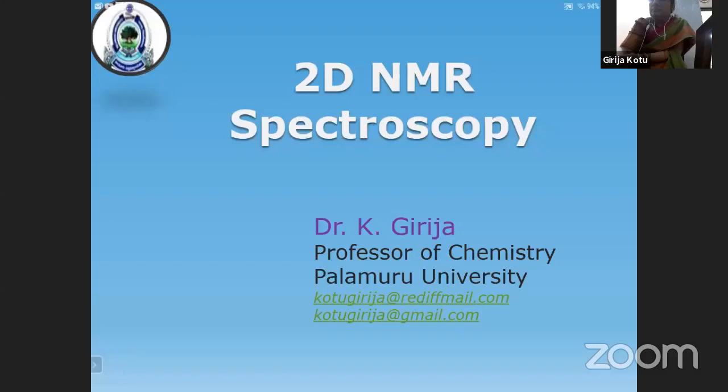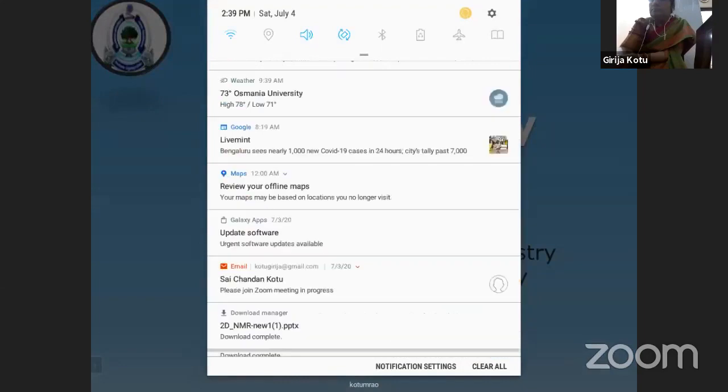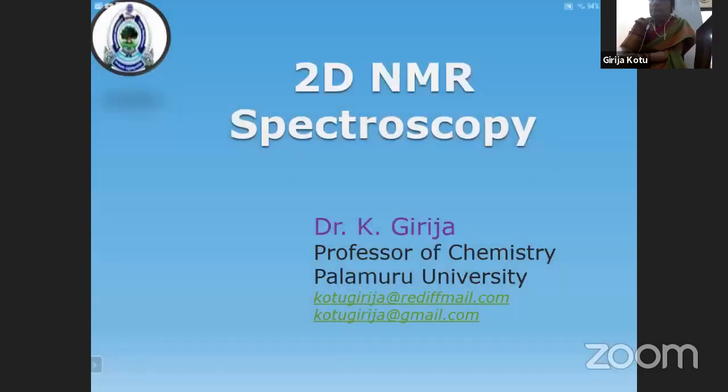spectrum, because the time is very short, and we'll have to complete all the 2D NMR techniques where the students have it in the syllabus. I'll actually give the differences between the 1D and 2D NMR techniques. What is exactly a 1D and what is exactly a 2D NMR technique, and then how the 2D NMR spectrum or a technique is more useful in knowing the structures, and what are the different types of 2D NMR techniques.